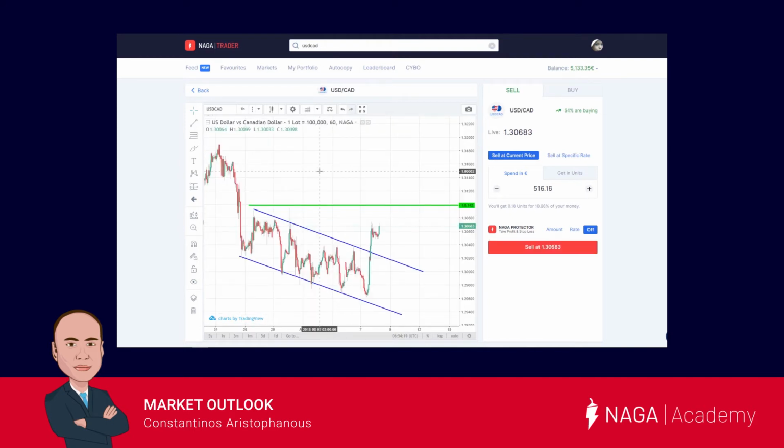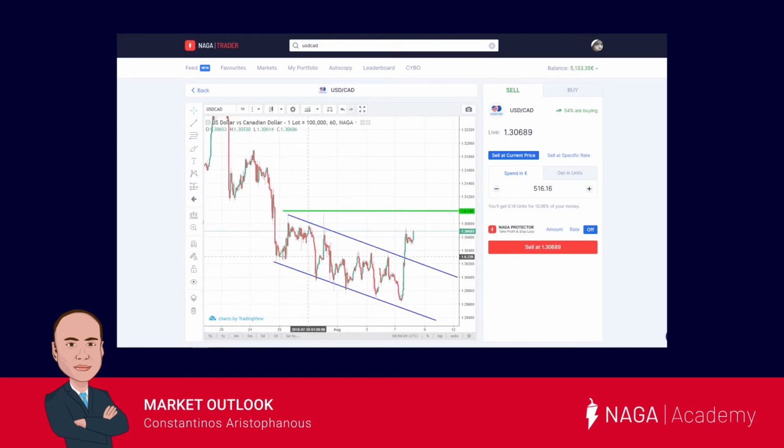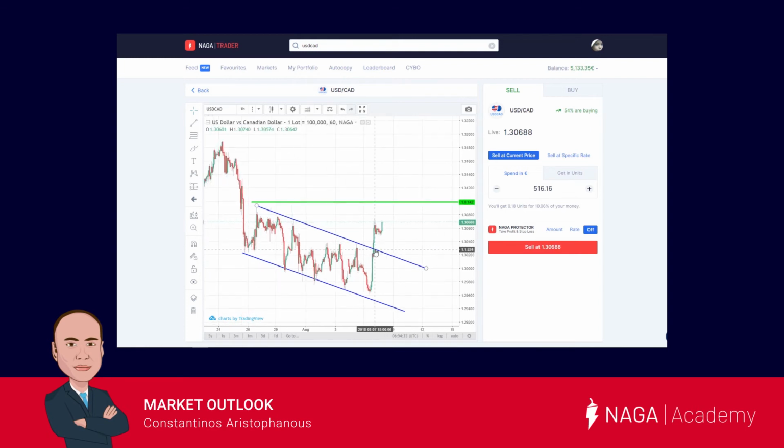Our fifth and last instrument is the US dollar versus the Canadian dollar. As we can observe on the dollar CAD, we can clearly observe a downward trading channel, which has currently been broken to the upside. We believe the break to the upside is limited and will most probably reach the 1.31